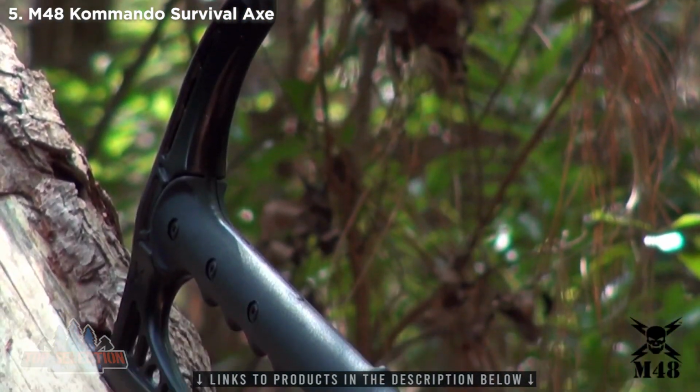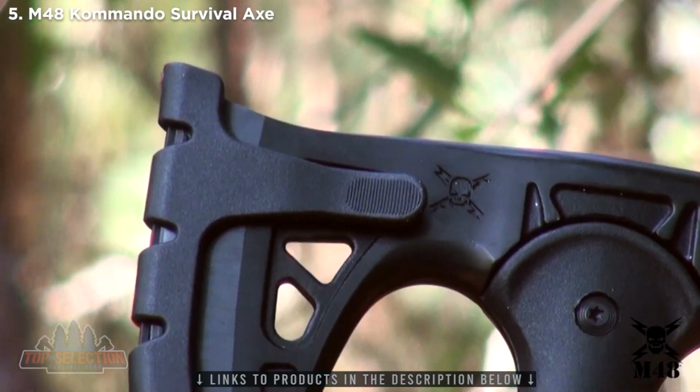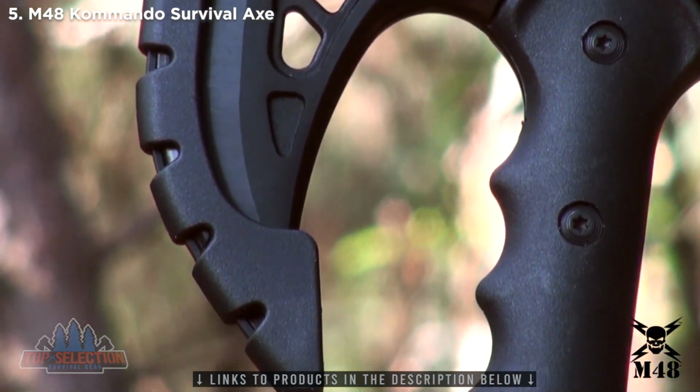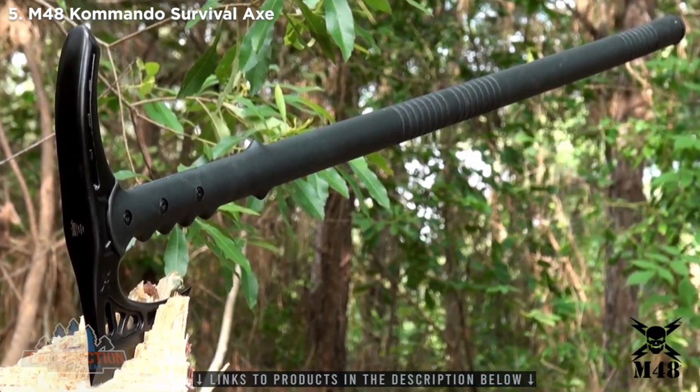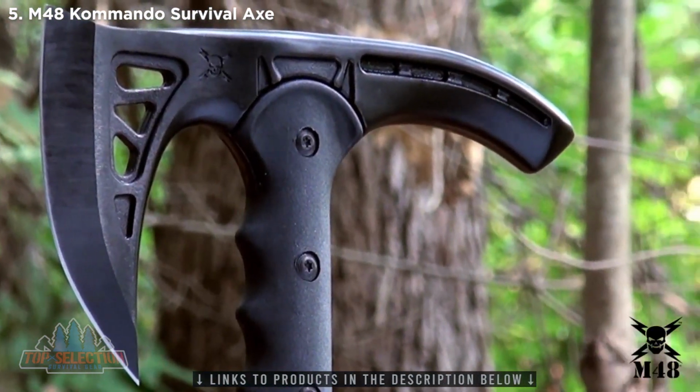United Cutlery continues to blaze new trails with the best-selling M48 Survival Axe tactical hiking staff. This innovative design combines a hiking staff with a stout survival axe, making for one in...